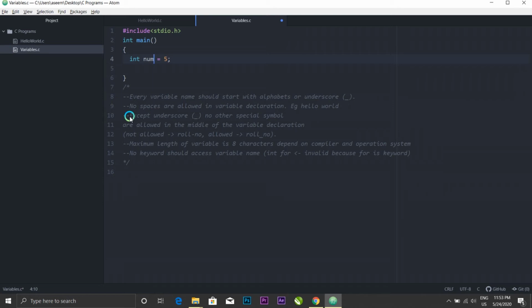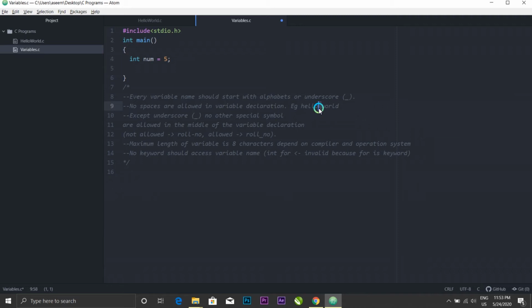Except underscore, no other special symbols are allowed. If you don't want to give a space, you can give an underscore like this, and you won't have any problem. Only this is allowed.